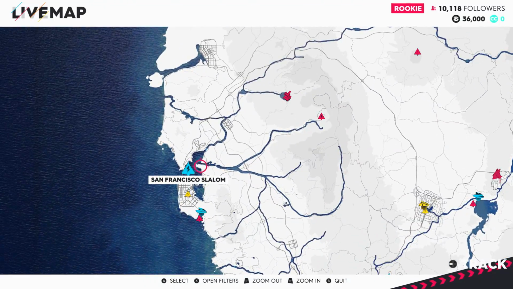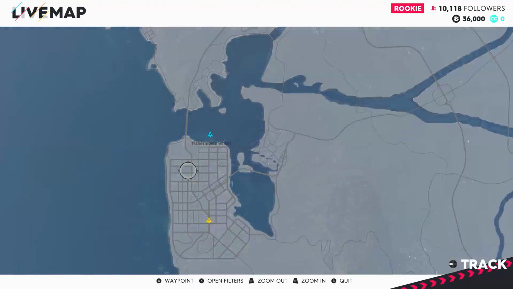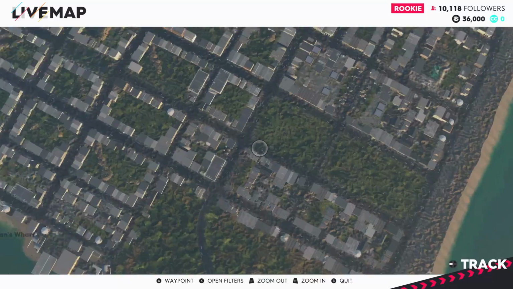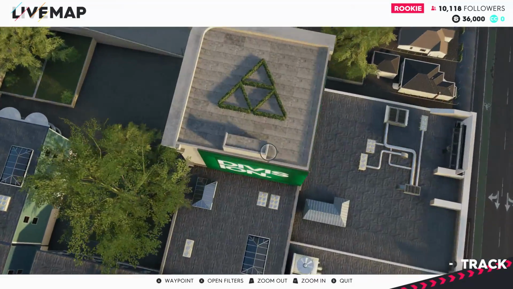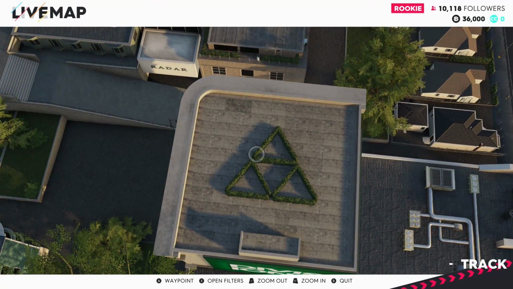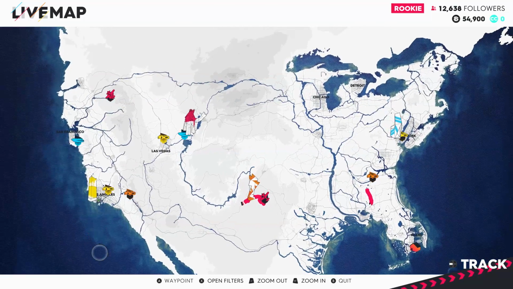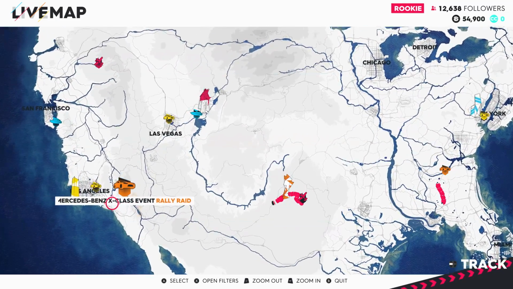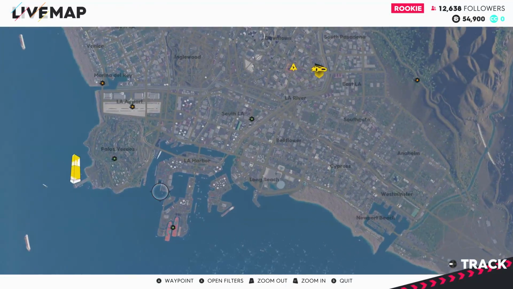Those aren't the only video games referenced in The Crew 2. At this location you can find the Triforce from the Zelda series, going even further back in video game history now, and at this location you can find this character from the arcade game Space Invaders,